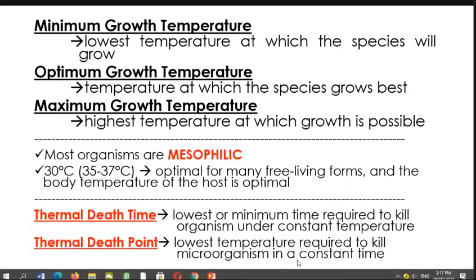Now, aside from this maximum growth temperature, optimum, and your maximum, meron din tayong tinatawag na thermal death time, and you have your thermal death point. Okay, so your thermal death time is the lowest or minimum time required to kill organisms under constant temperature. Like for example, nung unang panahon, wala pa tayong